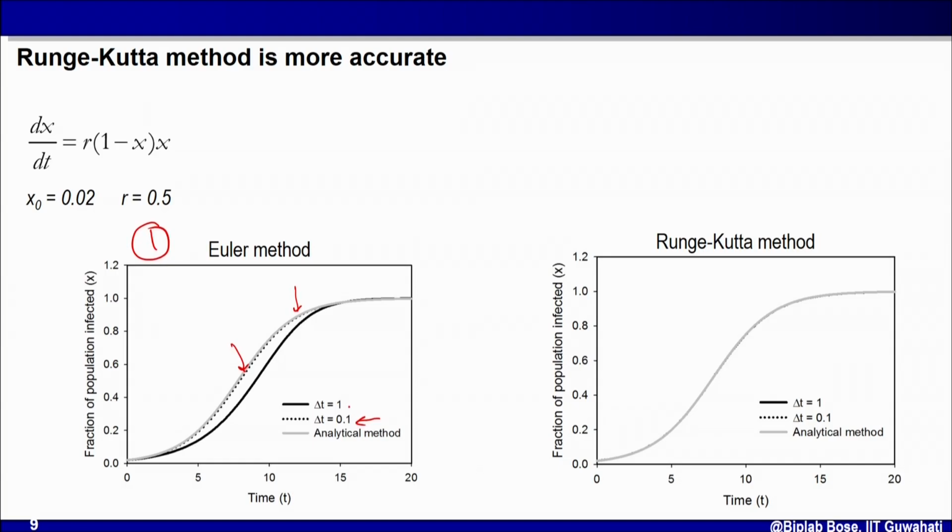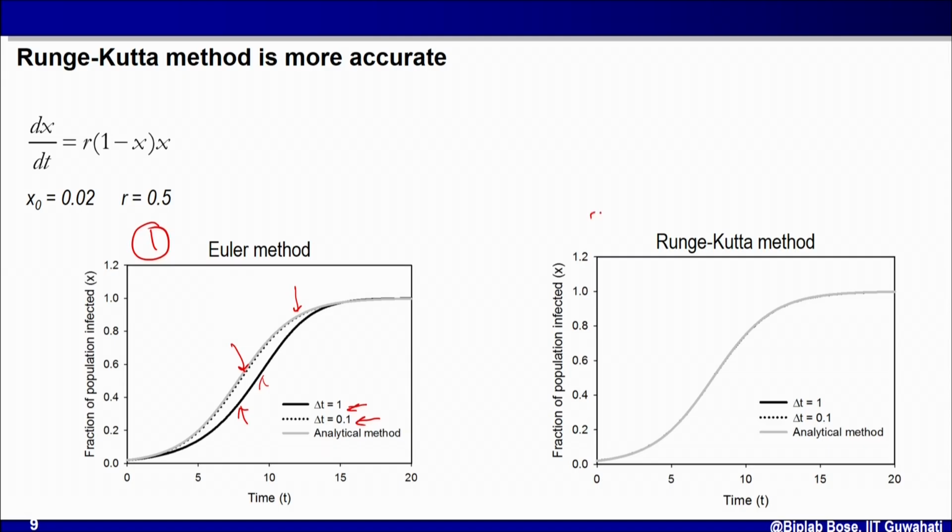It matches almost exactly with the analytical or symbolic method. But the problem starts when you take a bigger delta t equal to 1. Then the result is this black line. As you have noticed earlier also, it deviates from the real original result, that is the result obtained by the analytical method. That means this approximate method has error when I increase delta t to 1. Now let us look at what we get when we use the Runge-Kutta method that we have discussed till now.